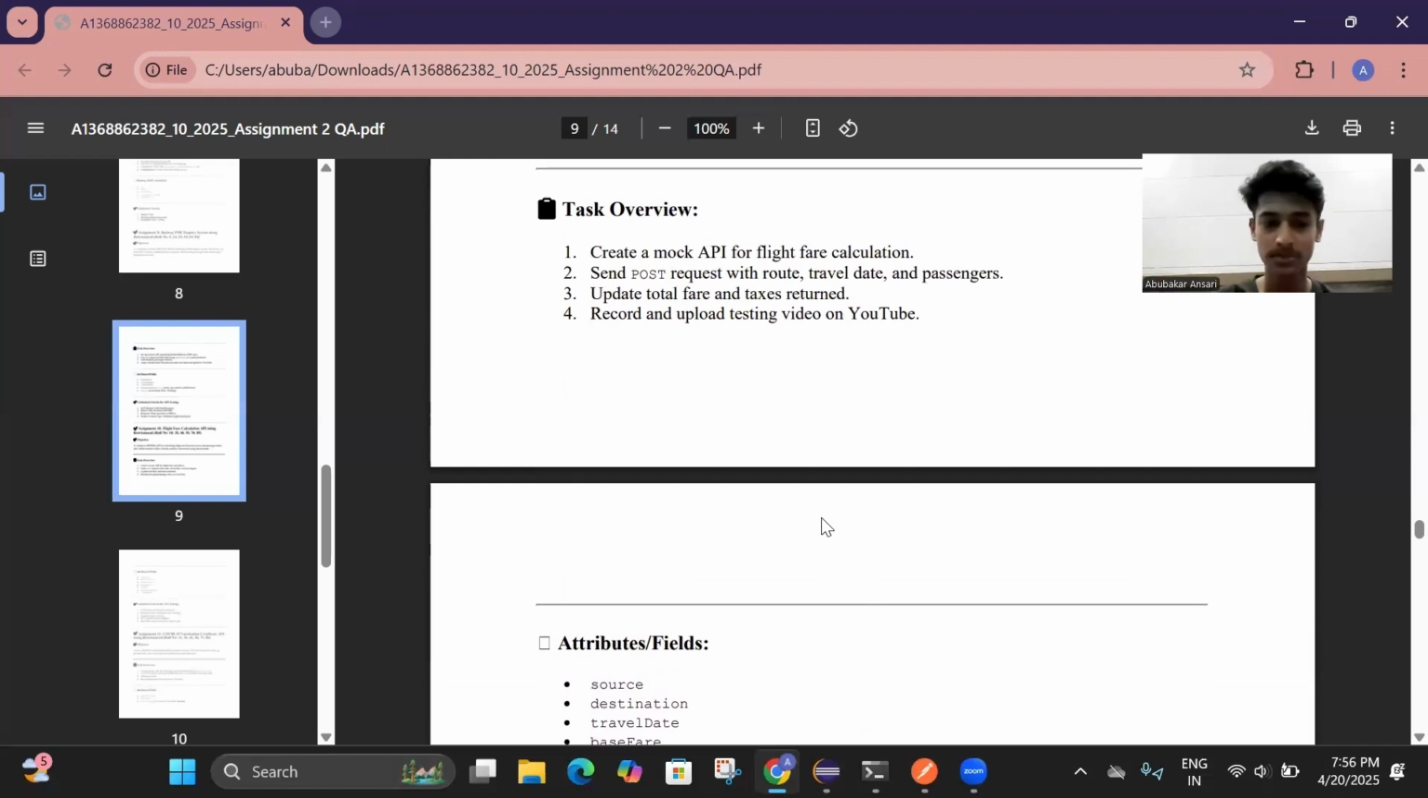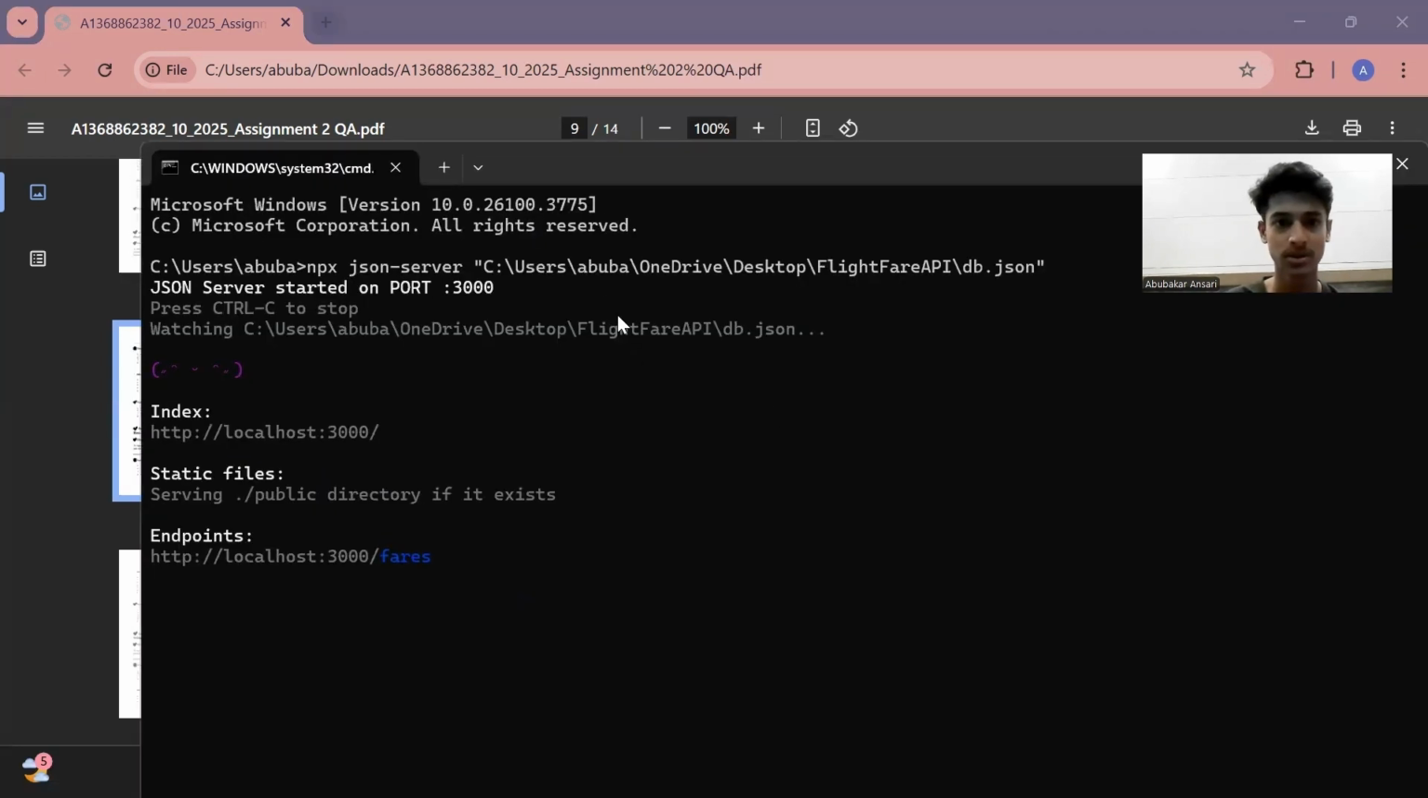The goal of the assignment is to simulate a RESTful API for calculating flight fare. We are supposed to use a mock backend, send POST, PUT, and GET requests, validate response codes, and automate tests using REST Assured in Eclipse. First of all, to simulate the backend API, I use npx json-server, that is right here,